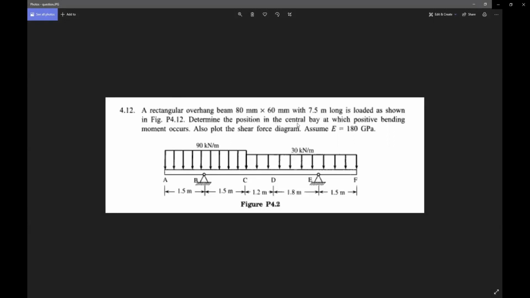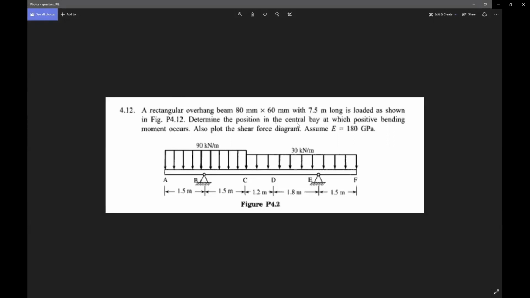Before that, I will explain the question. This is the problem we need to solve using the Fusion 360 software. Let's read out the question and what is given. Whenever we solve any problem, we need to understand the question. That is the important thing to solve the problem, so let me clarify all the things.